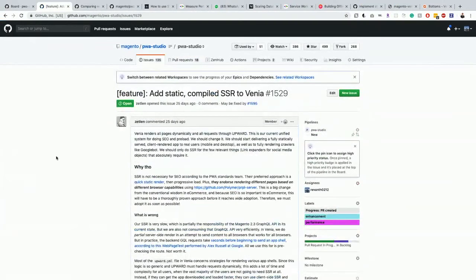So the first one was about writing a Webpack plugin, using actually the Webpack HTML plugin and also writing a couple other plugins around it to get SSR for Venia. Whatever we had in the past was compiling at runtime, like all the HTML files and everything were compiled using Upward at runtime. So it was a little sluggish at times. The first paint was taking longer, and Zetlin had the plan of using Webpack HTML plugin, and that's what we did with this particular PR.